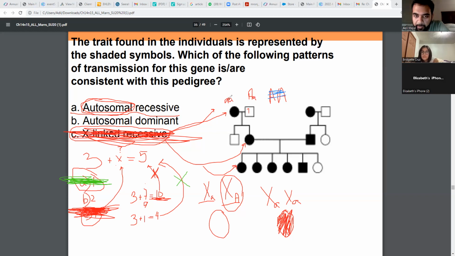From a little a mom and a big A, little a dad? Well, no, because it has a dominant. Well, it's possible. Yes, it is, because whenever they pass an allele, they just pass one of them. Even though this person has big A,